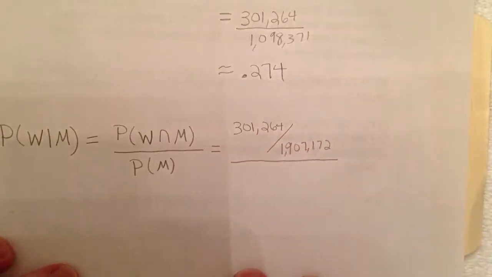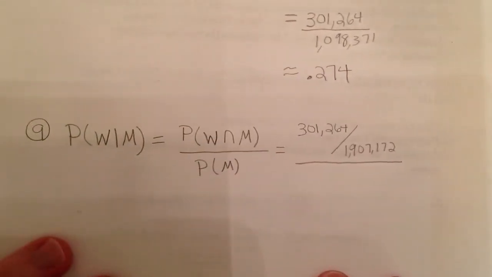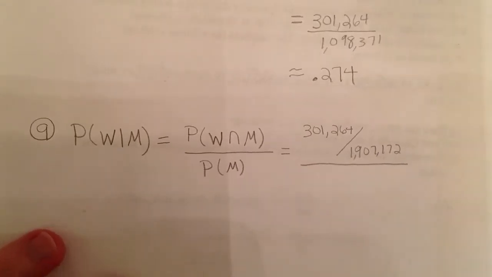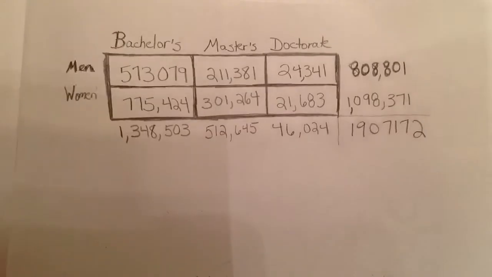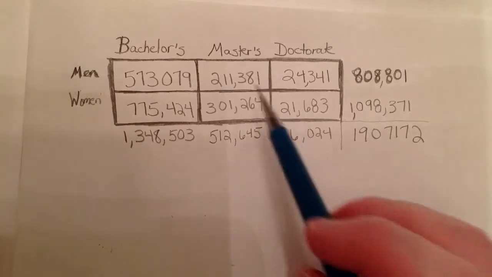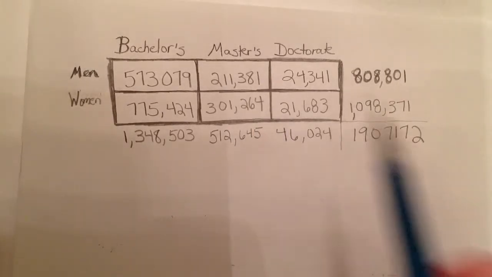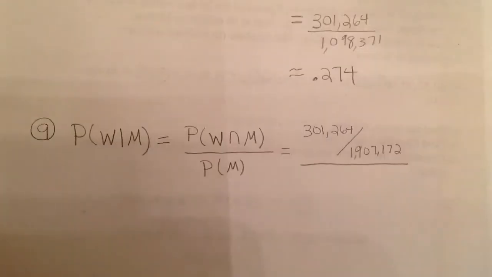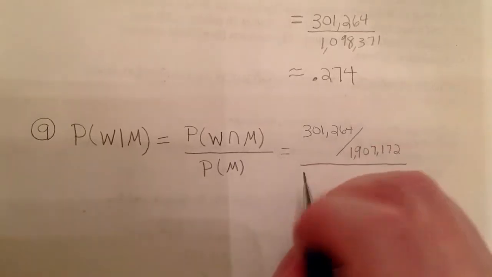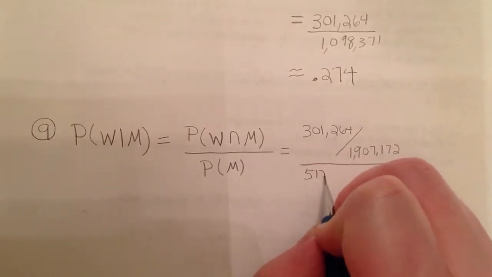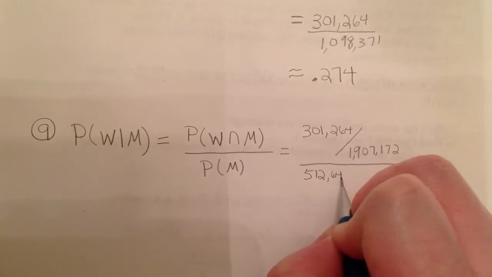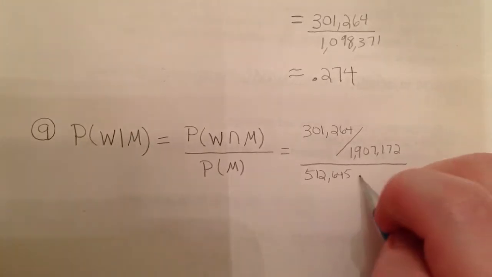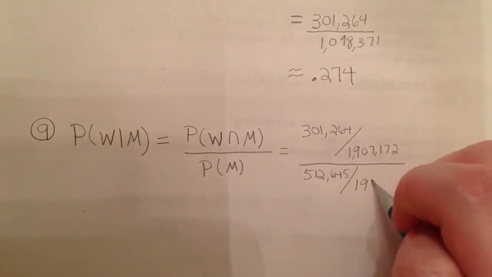And for the probability of master's, you're looking at all the master's degrees in total, so we have 512,645. Again, for the probability of master's, you have 512,645 out of the